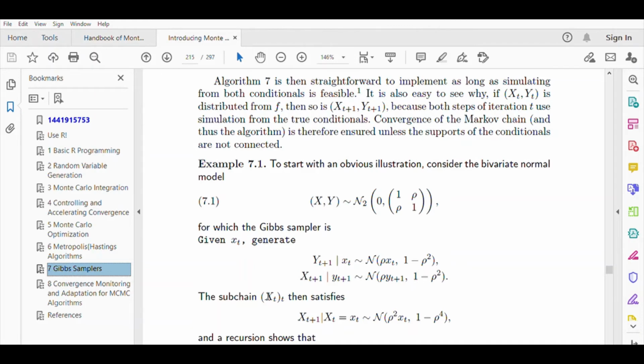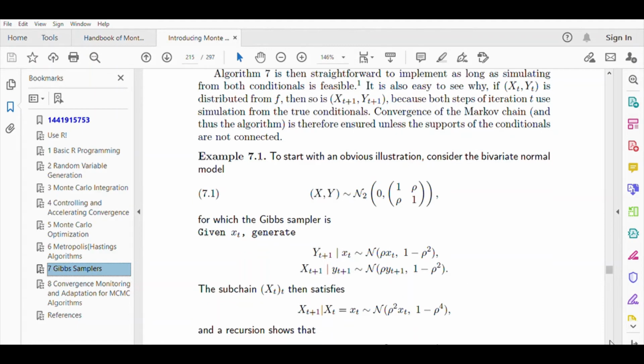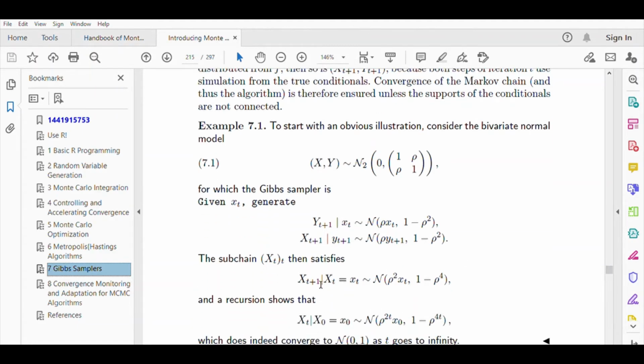So what will happen ultimately because of this? You have y_t like this and you have x_t going like this. So basically the distribution of x_{t+1} given x_t will be normal, because of these two, with mean rho square x_t, and the variance will be 1 minus rho raised to 4. So how do we get this? The usual normal probability algebra will give you this answer. So if you go on repeating this, what do you get? What will be the distribution?